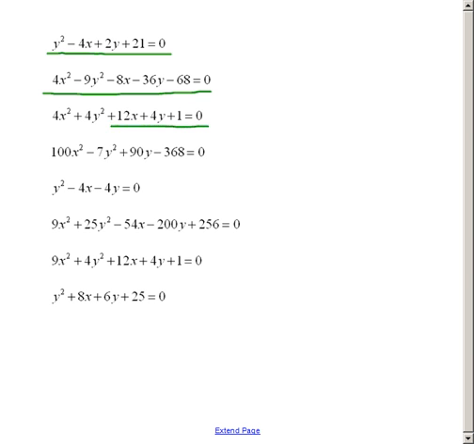The third example, when you look and see they're both squared and they're both positive and the same lead coefficient, so you have a 4 here and a 4 here, that tells you it's a circle. Okay, so following those couple things, and one other thing when we get to that example,